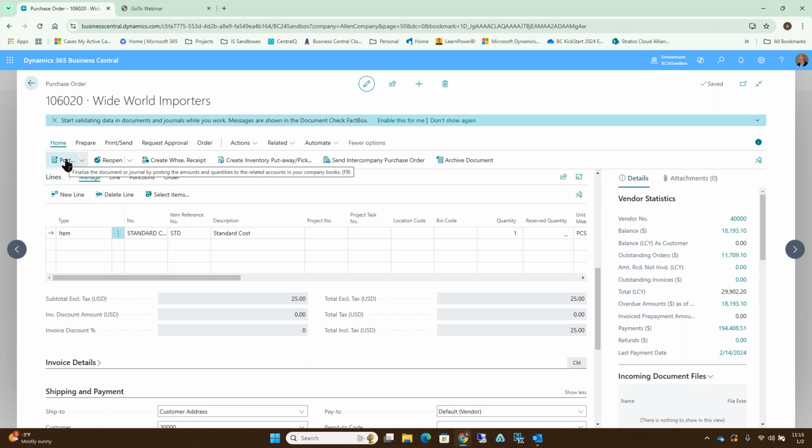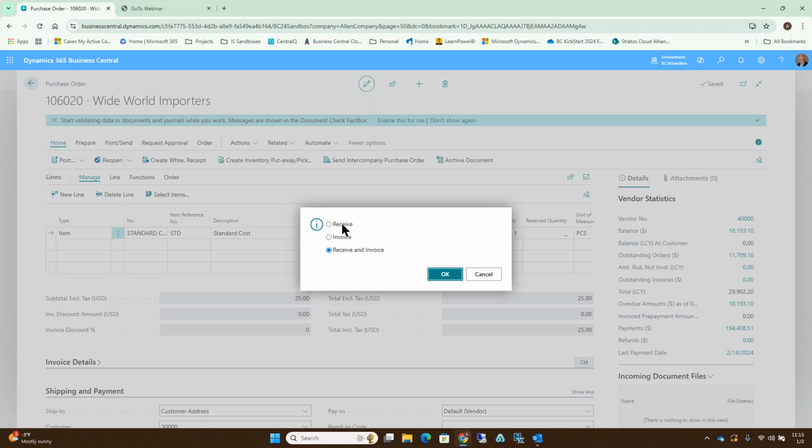So when it's a drop ship, you don't ever receive the item. You usually do it at the same time you do the receiving and the invoice. But you could still, when you hit the post here, you're going to get the option. Do you want to receive it? Or do you want to invoice it? Depending on what stage it's in, or do you want to do it in one step? So by doing it in one step here,